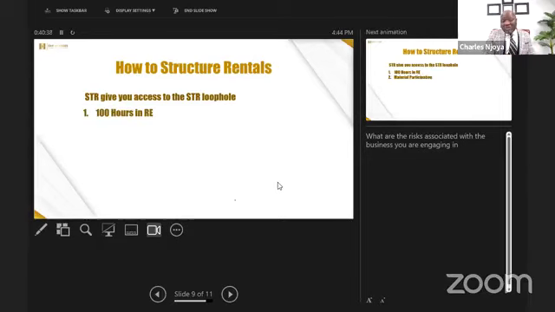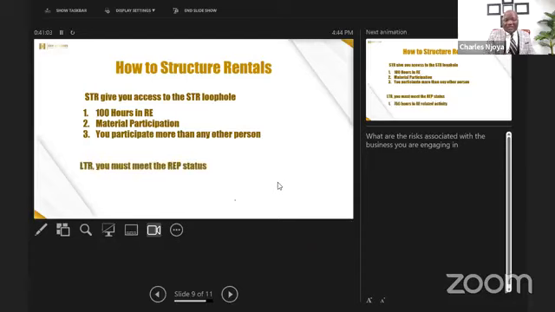It requires you to be involved in that activity, in that rental property. It requires about 100 hours. You have to show that you had 100 hours in that activity and you materially participated more than any other person in real estate related activities on that property. Your participation is more than any other person. What are the risks? You're always thinking about those.